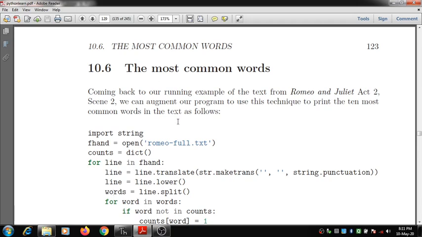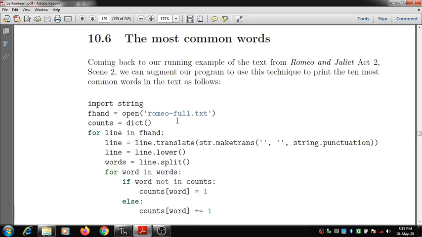We are just going to send the text name, and then check which words present inside this text are common, or used repeatedly.